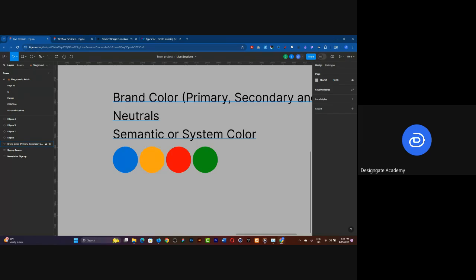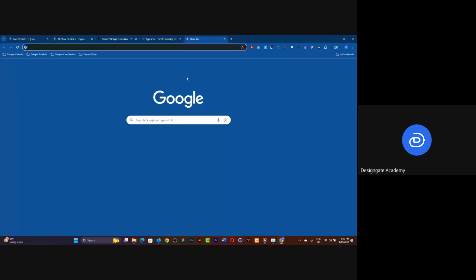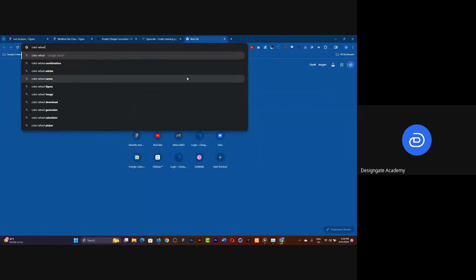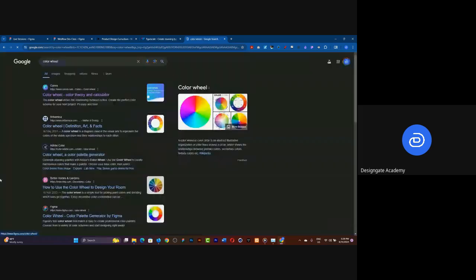Now, you've been shown how to generate different types of colors. This is not a color class. Maybe next time we'll do a color class. But basically, the most important thing is your brand color. If you've gotten your brand color, you can basically go to the color wheel. Unfortunately, Figma doesn't have one, so you can come in here, or